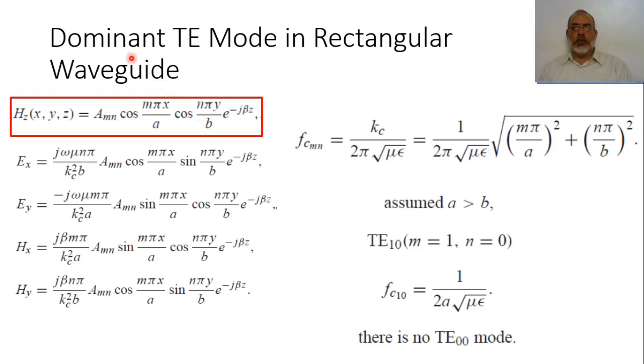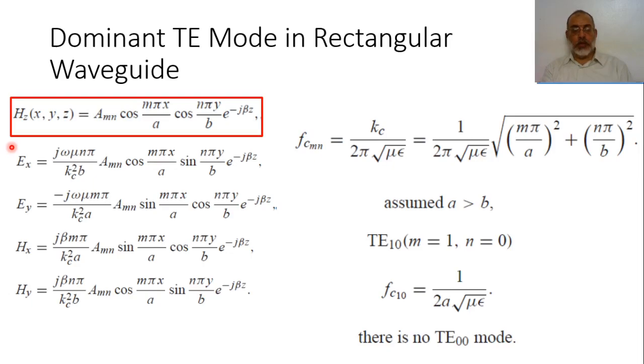Dominant mode, the dominant transverse electric mode in rectangular waveguide. By dominant mode, we mean the mode which has the lowest cutoff frequency. As we mentioned, this is the field distribution of transverse electric modes inside a rectangular waveguide,